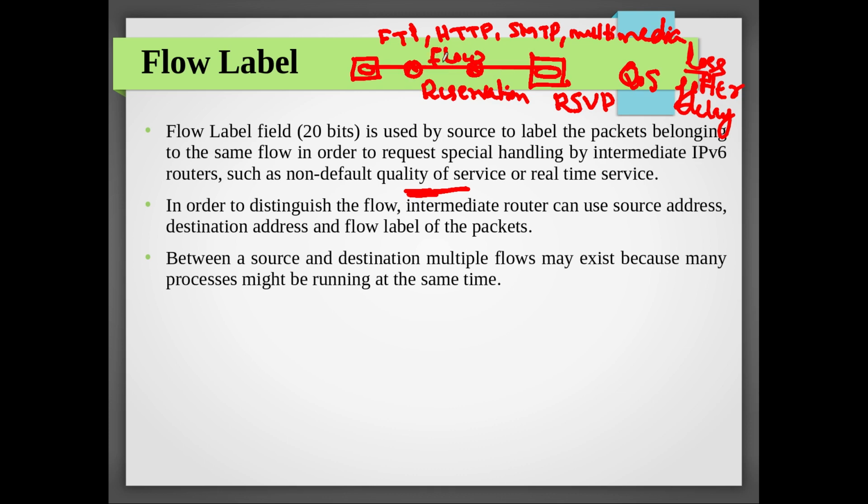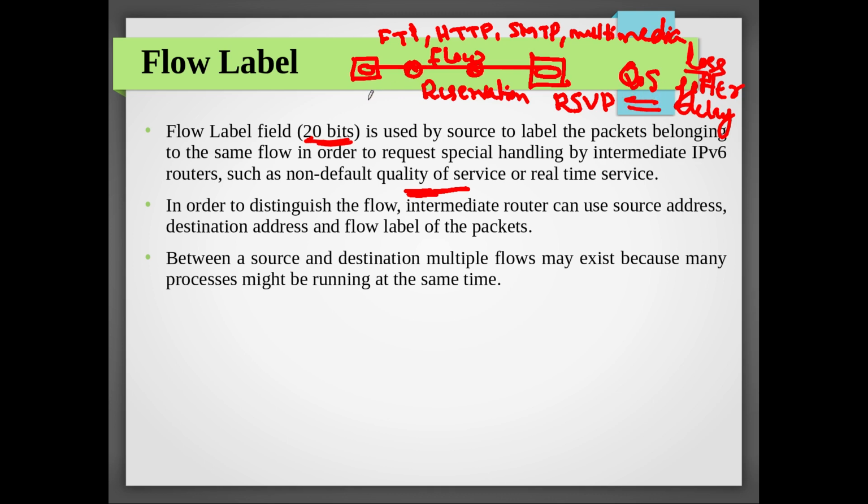Now how are you going to identify a particular packet as part of a flow? Initially, by running the RSVP protocol, you will reserve resources, and you will say that all these resources are reserved for this particular flow with a given label. That label field is this 20-bit field. Every packet will be carrying that flow label. By looking at the flow label, the router will understand that it is part of this flow, and accordingly it will give all the reservations made for the given flow. So that is the idea. Hope you get an overview about it, but for more details, see the videos on QoS.